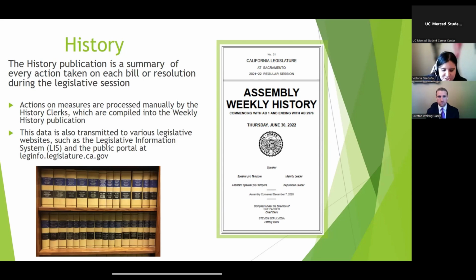So the history team records what happens throughout every step of the bill cycle for the assembly bill, and they make sure that information is condensed into a summary, and then that information is put onto LIS or legislative info, the leg info website, which the public has access to. So if you ever want to know what happened to a specific bill, you can go on the Leg Info website and type in that bill number, go to history, see how it was reported out of committee, or really any, you can see the whole history of that bill and the different steps that it